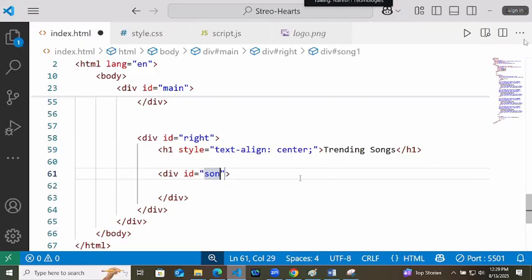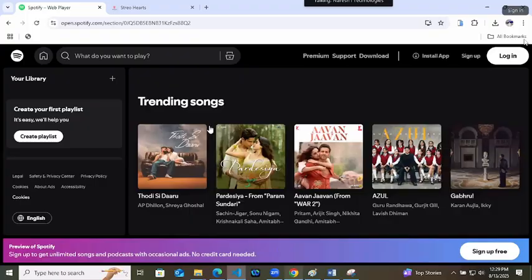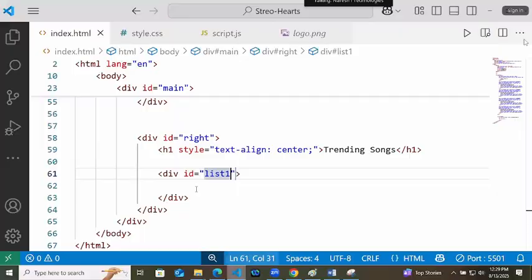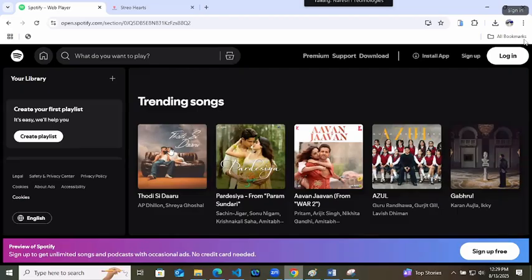Or list 1. List 1 means we can show a maximum of 5 songs in one row. Then for the next 5 songs we have to do. So 5 I will divide them. So this is the list 1. Now inside this list 1, this is one div, second div, third, fourth, fifth. We will do them like this.